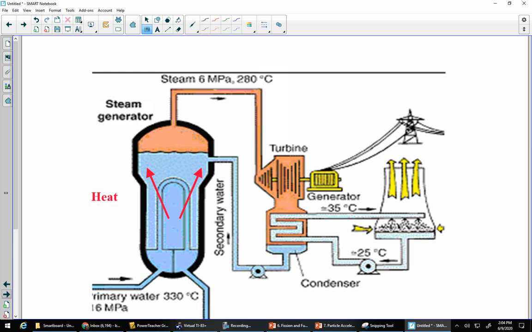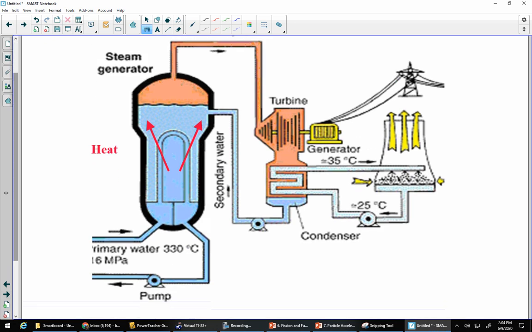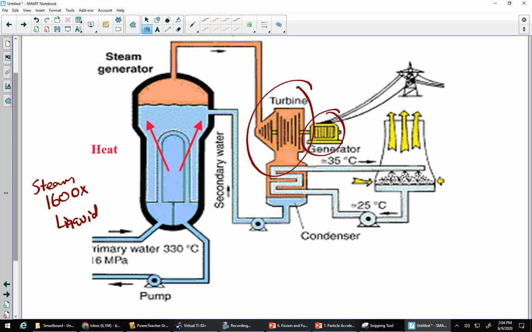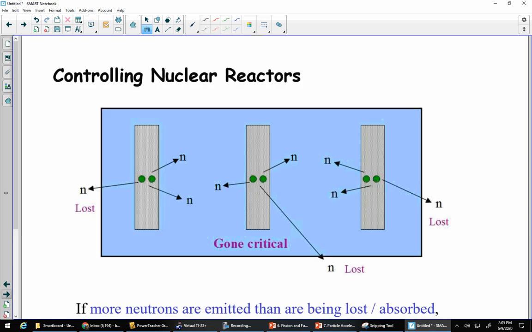Now, you might remember this from Science 10, that steam is something like 1,600 times bigger than liquid water. So it creates a ton of pressure up there. That pressure actually spins the turbines, which run the generator, and we've talked about generators in Unit 3, which then creates the power, which is then sent to homes and factories and whatever else. So pretty cool. Now, controlling these ones